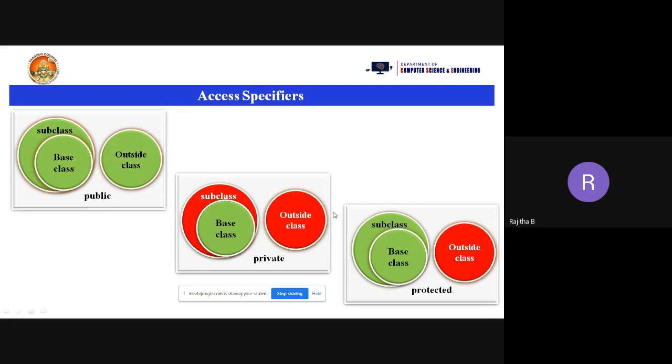So protected is like private in that sense. Now you can see this one. Outside the class we cannot access. Outside the class we cannot access. And coming to the protected and public members, in the base class and subclass we can access those members. So that's why I'm saying that protected acts like something between public and private. Outside the class we cannot access, but in a subclass we can access that one. So that is public, private, and protected.